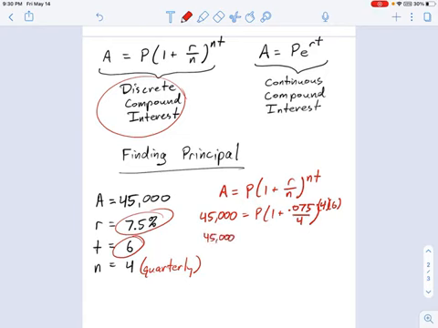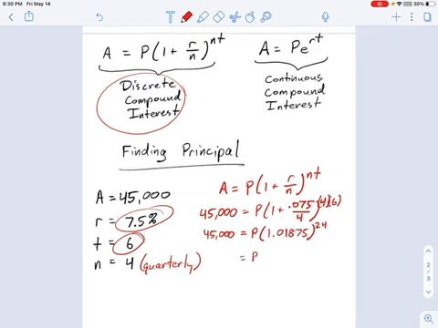45,000 is not going to change. That's staying right there. We don't know what P is yet. But the inside of this parentheses is, let's see, 1 plus 0.075 divided by 4. This is 1.01875 to the 24th power. So that is 1.56179. Okay, so if I know that 45,000 equals P times this number over here, all I have to do